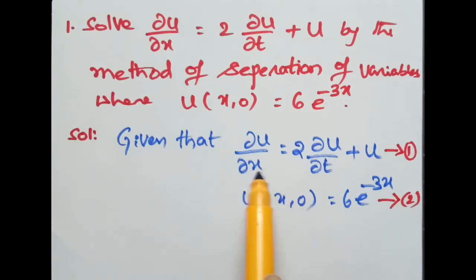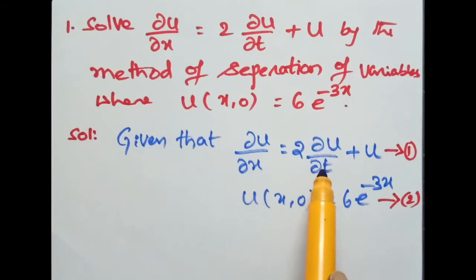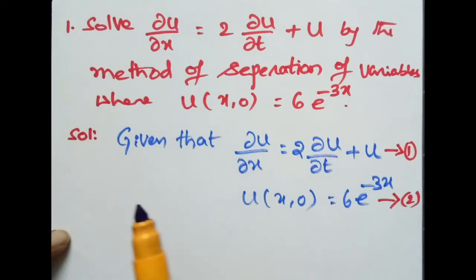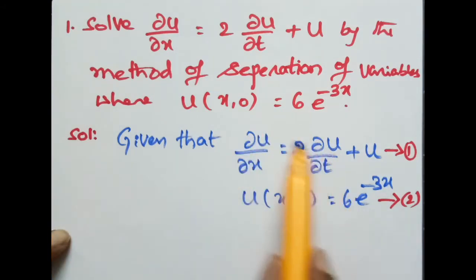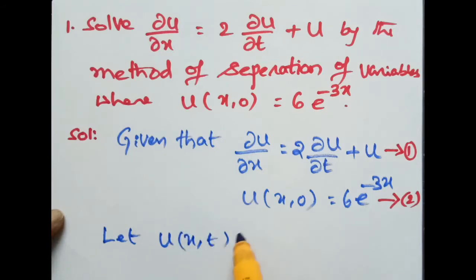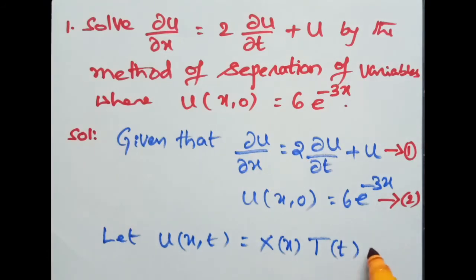So in the method of separation of variables, we have to assume that the product of functions of the independent variables is the trial solution. Therefore let u(x,t) = X(x) T(t). Say this is equation number 3